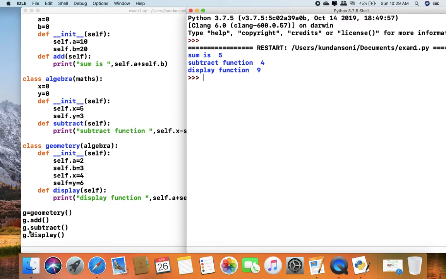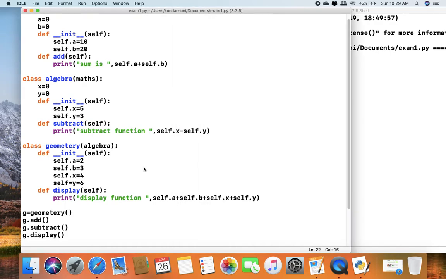Then I call g.subtract. At that time the geometry class does not have a subtract function, but its parent class algebra has the subtract function, so it can easily use it, which has self.x minus self.y, which is equal to 4 minus 6.